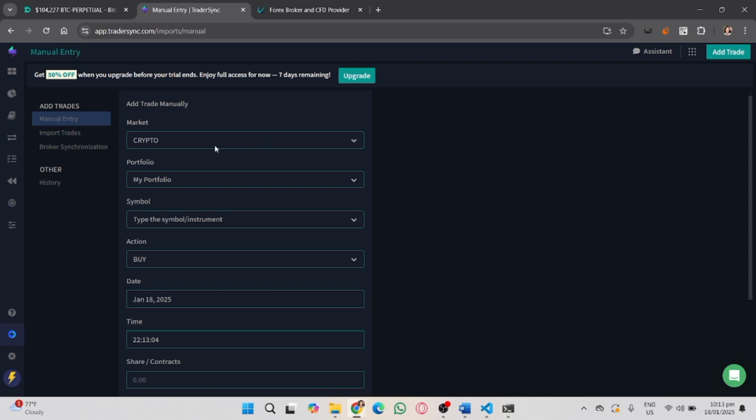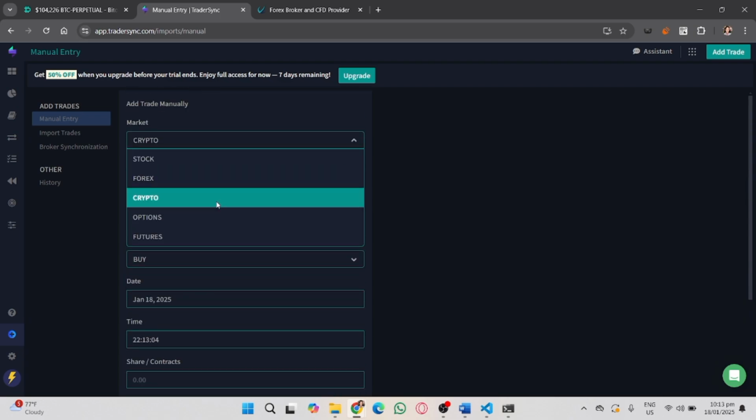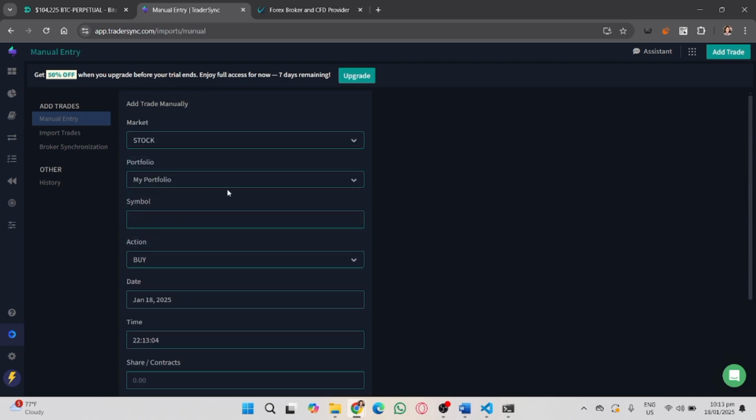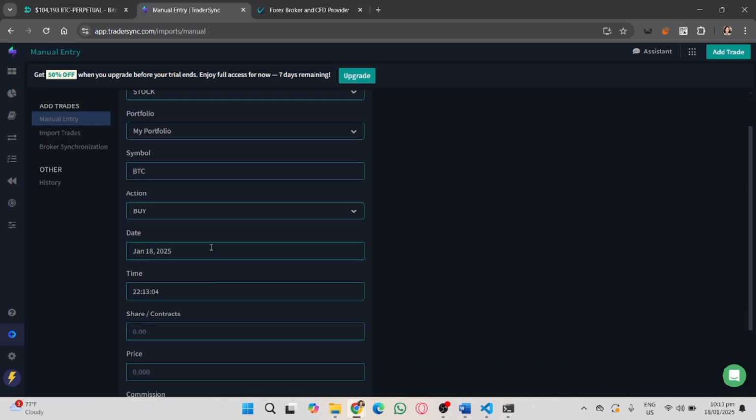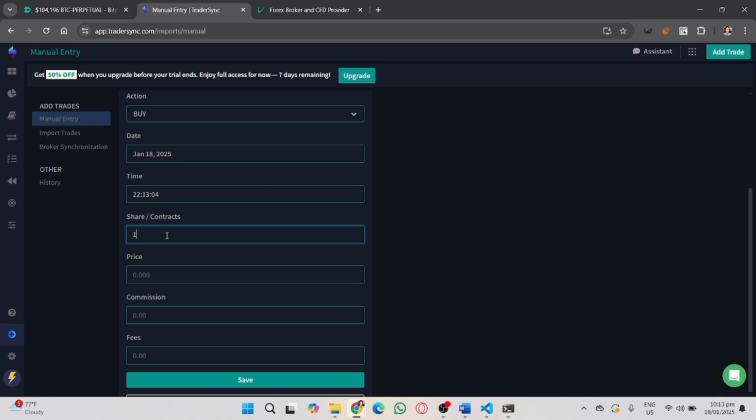So click the manually trade, and in here, you'll need to input manually the trade you want to add in your TraderSync. So in here, I chose the stock for the market and then the portfolio to my portfolio, and then the symbol is BTC, and then I choose the buy options, and then in here input a share contracts